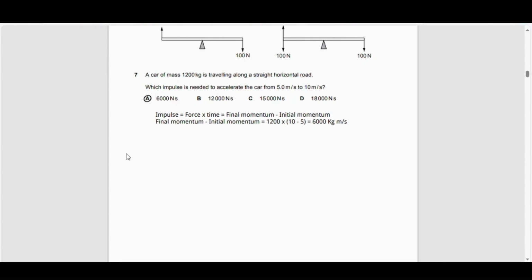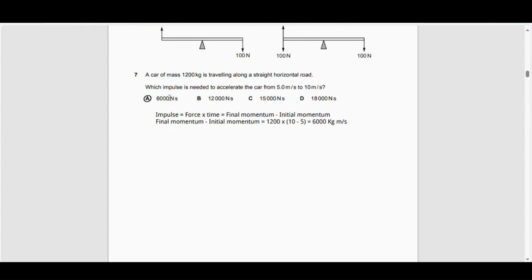Now here, you can calculate the change in momentum because you've got the mass of the body and you've got its final velocity and initial velocity. So essentially, impulse is the final momentum minus initial momentum, or the change in momentum. And we know the final momentum minus initial momentum is the mass multiplied by the final velocity minus the initial velocity. Of course, in this case, the mass is not changing, and that gives you 6,000 kilogram meters per second, or